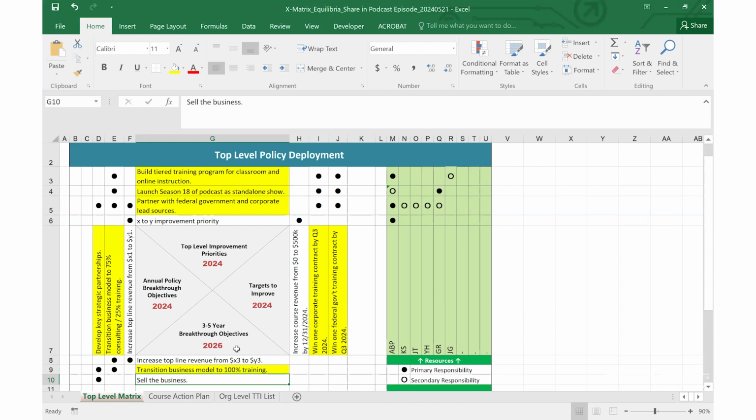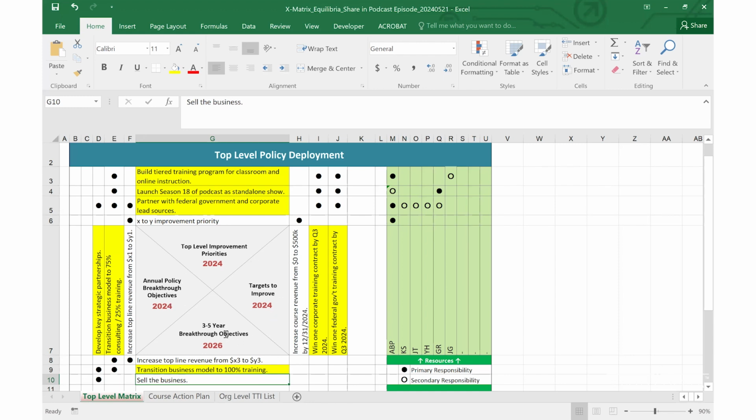We'll start here in the 6 o'clock position. I had to think about that for a minute. But yes, this is the 6 o'clock position, and this is the position where you actually start to fill out the X Matrix. And the idea is that you start at the 6 o'clock position and you start to move about the X in a